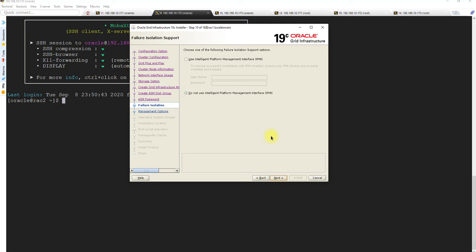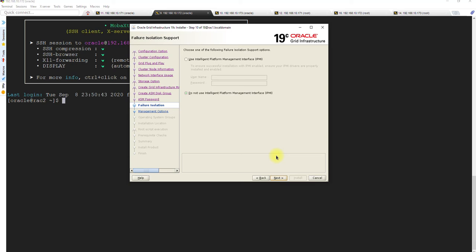Clusterware installation takes time according to your resources, your laptop where you are trying to install, or your computer or your desktop, whatever it is. So how much RAM you have, if you have a solid state drive or the normal HDD drive, the IO operation, the processor and those things. It completely depends on your resources.